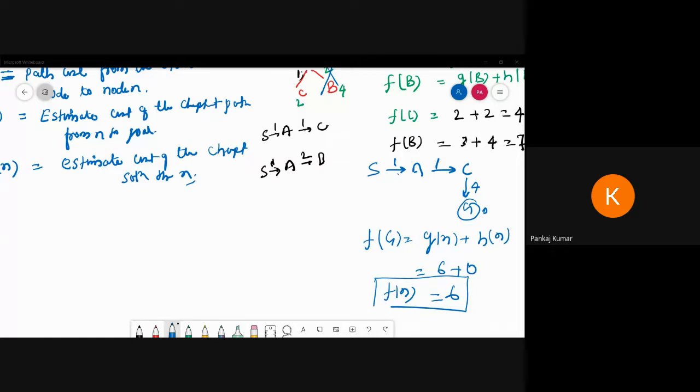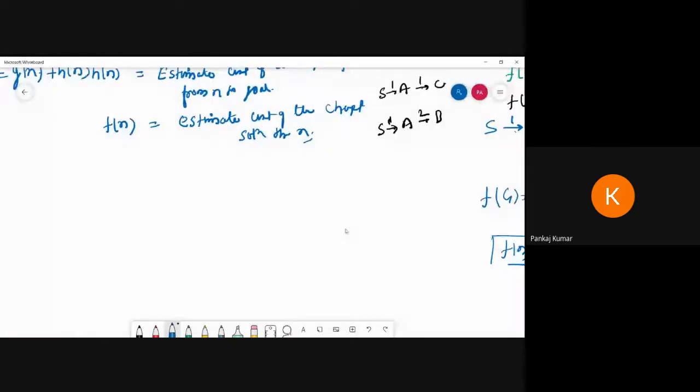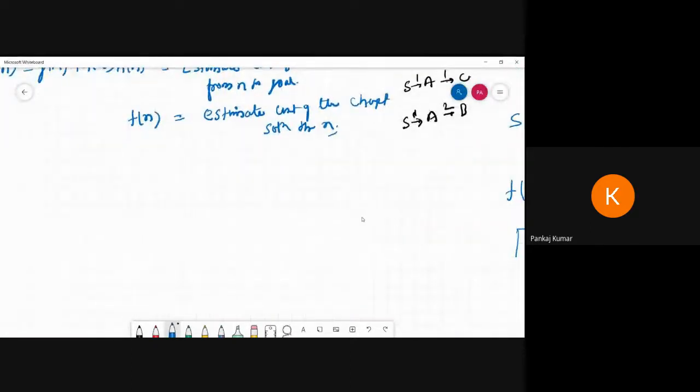So we can solve one more example. Then in tomorrow's class we can go for the algorithm. How we can develop the algorithm, and the admissibility and consistency part, we can follow in the next class, that means tomorrow's class. So we can do one problem also to clear our concept. Suppose what happens if you get a similar one. Okay.